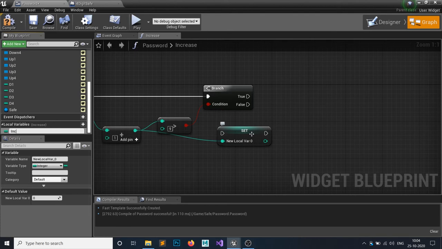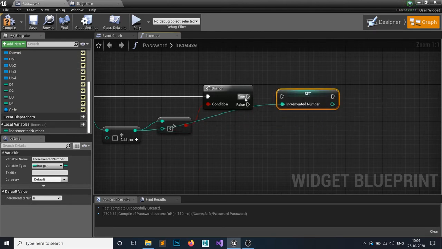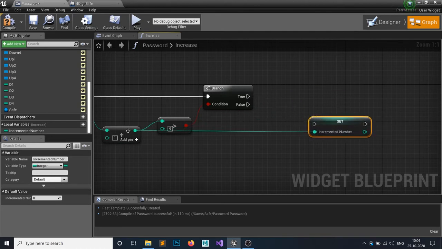I'm just gonna call it incremented number. Make sure you set it to some proper meaningful name, because it's very useful. So if it's greater than 9, and if it's not greater than 9, then on the false part, we want to set it to the incremented number.